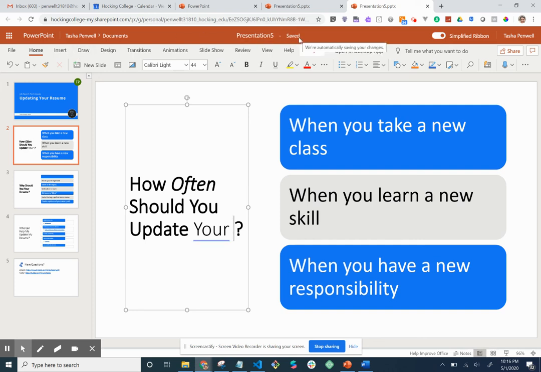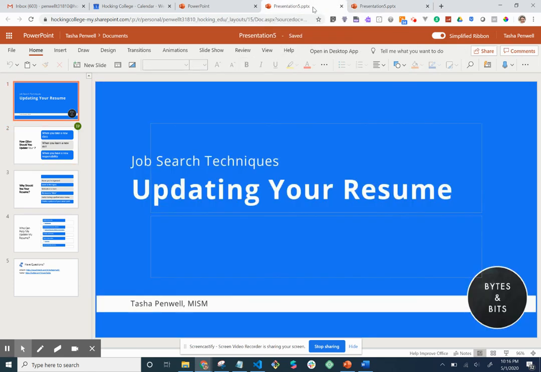Actually, because it's the cloud, it automatically saves stuff. You don't have to manually save it. So that's another benefit of using the cloud. Again, you need to have an internet connection for it to automatically save. So I made a couple of changes here: italicized that, unbolded that, and deleted a word. It's automatically saved. Now I want to go to the original one,